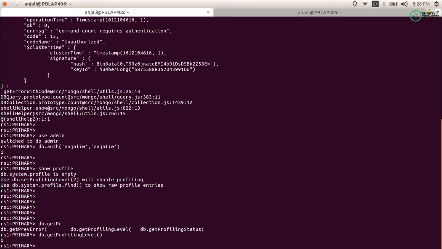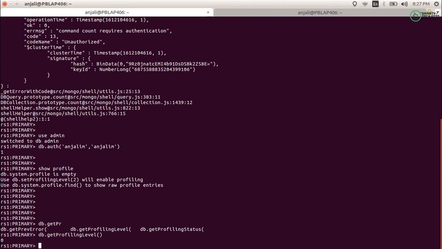We have 3 levels in profiling: 0, 1 and 2. 0 means do not log anything into the database. 1 means log the queries which are taking time as per your entry given for slow queries, right? And profiling level 2 means it should log all the operations that are running on the MongoDB database, right? Here you can see it is 0.